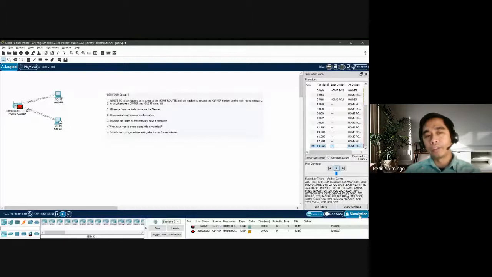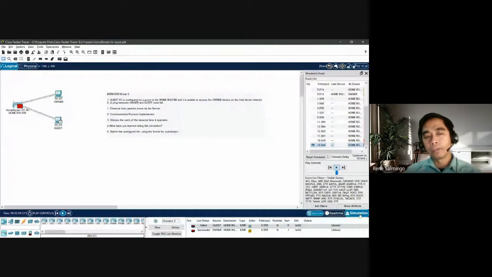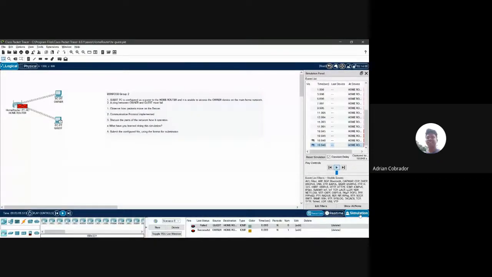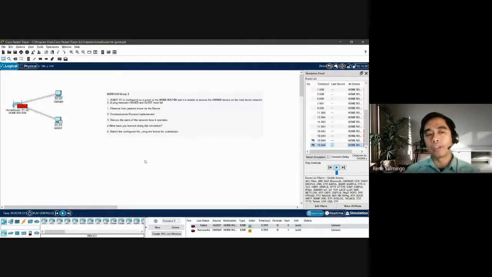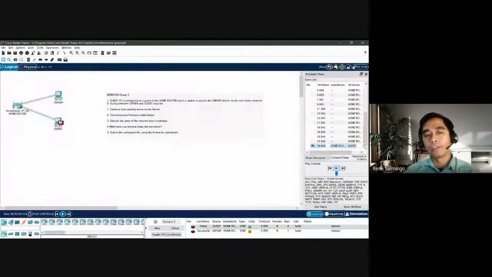Yes, correct. So what you're going to do to be able to access, you need to have the same gateway, right? Okay. If we don't have the same gateway, you could not access this one. And look,